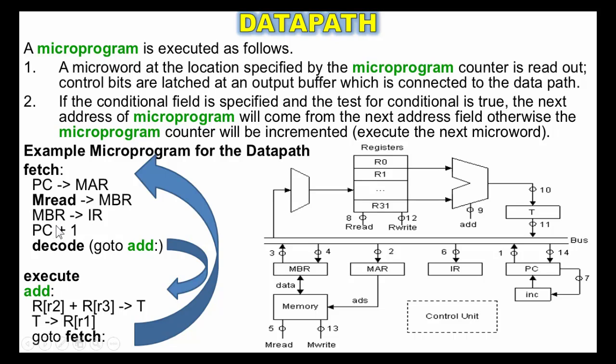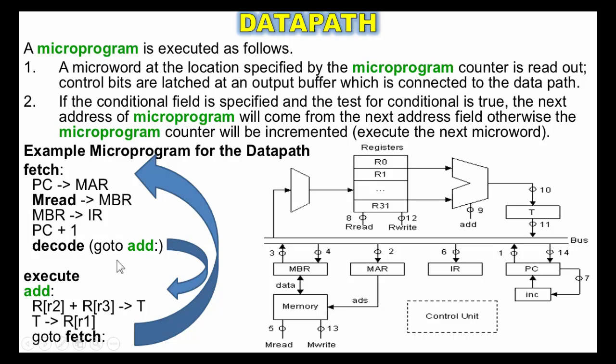The memory buffer register will fetch the instruction register, IR. The program counter will be added 1, pointing to the next memory address to be fetched. And then the fetched instruction will be decoded,